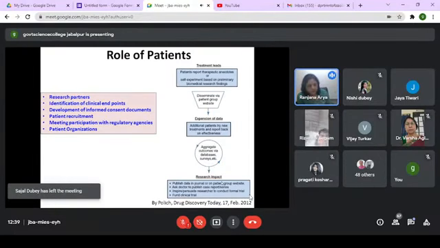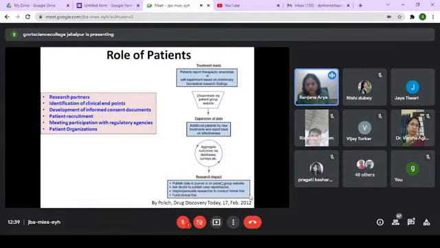And these patients can meet the regulatory agencies. These patient organizations are formed. They discuss and come up with the problems that they are associated with, and clinicians as well as researchers can club together and get information about understanding of the disease and coming up with the whole drug development. Next slide, please.